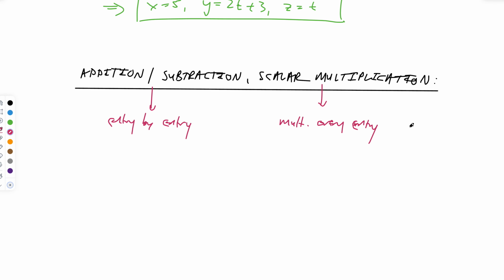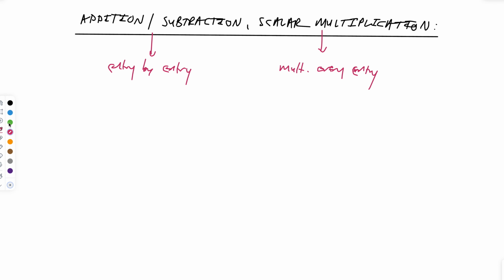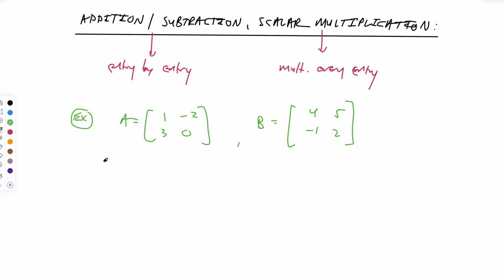So let's do a couple examples. This should make perfect sense to us. It's very straightforward, the addition and subtraction. Let's say I have matrix A, 1, -2, 3, 0. I have matrix B. It is 4, 5, -1, 2. If I want to find, let's say, A plus B,